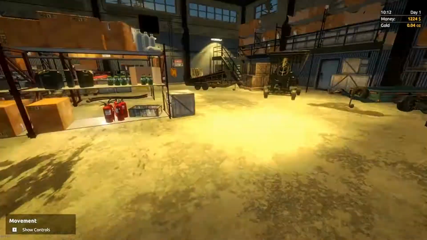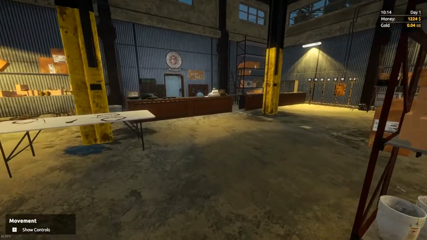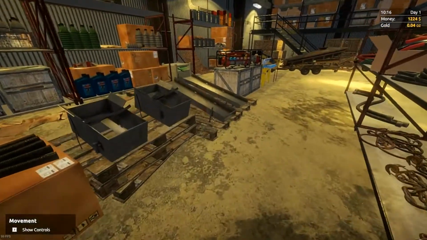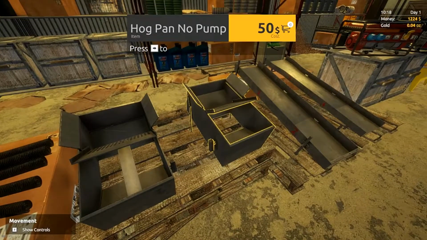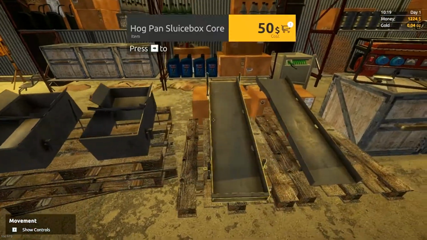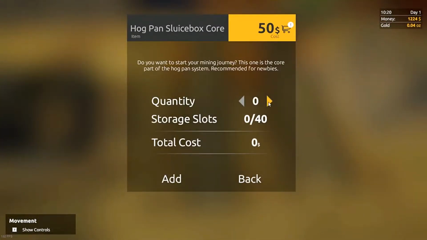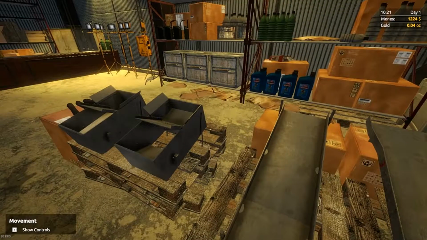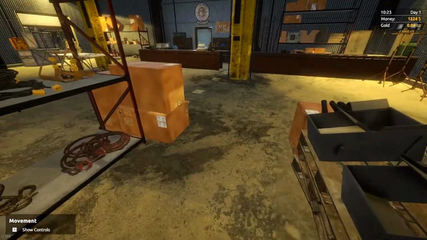And there is no AI traffic, by the way. So anyway, you got to buy a couple of things. All right, now, the journal tells you that you need to buy this, a hog pan with no pump. All right, so we're going to load that into our cart, add one of those, and then also we need the sluice box core. We're going to add one of those, okay, and then we need a bucket,